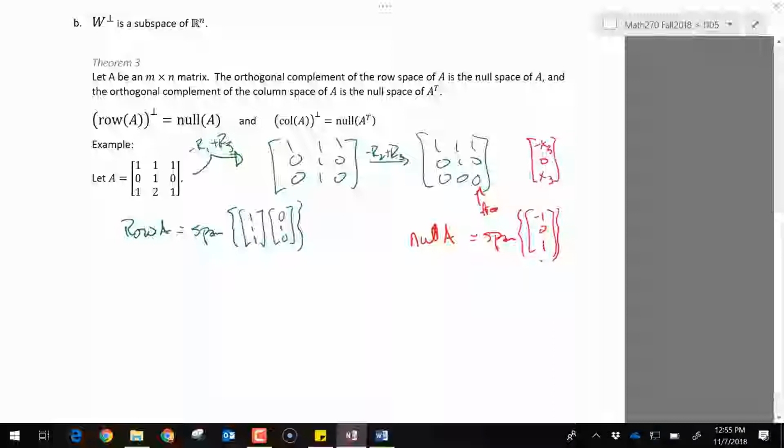And what we want to show is that the perp of row A is equal to null A, which means row A and null A are supposed to be perpendicular complements of each other. So row A is a plane in R3. This is all in R3. And null A is a line in R3. And those are supposed to be perpendicular to each other. So we check